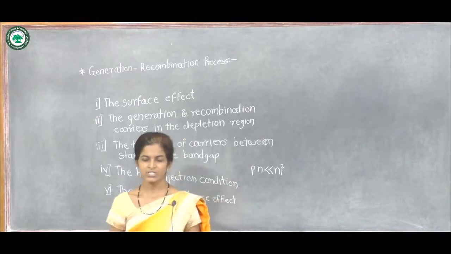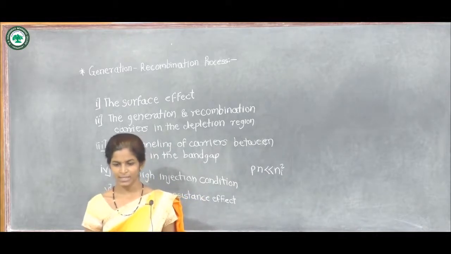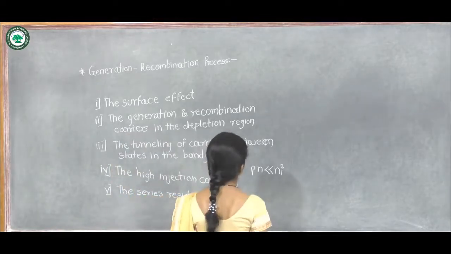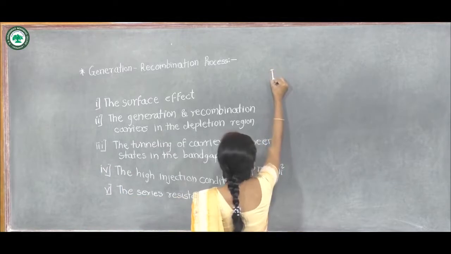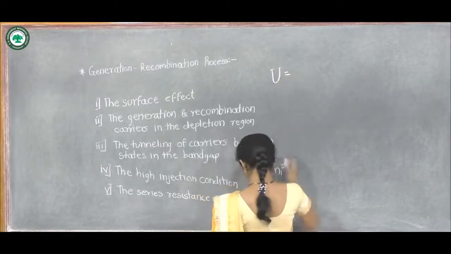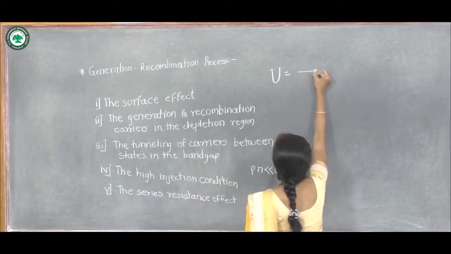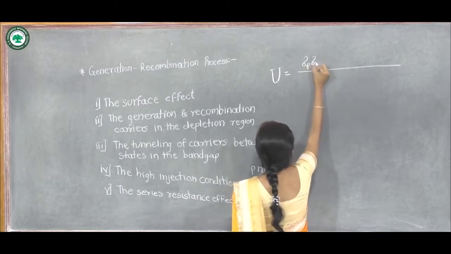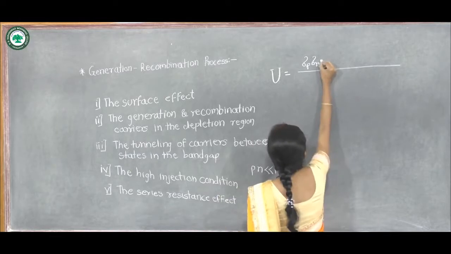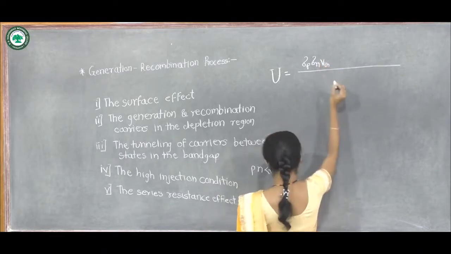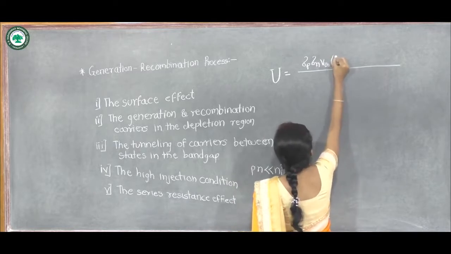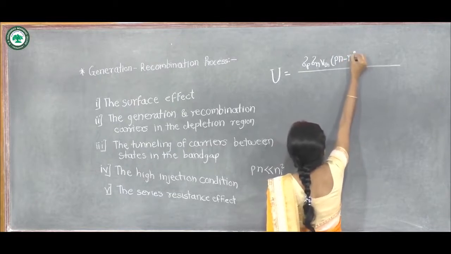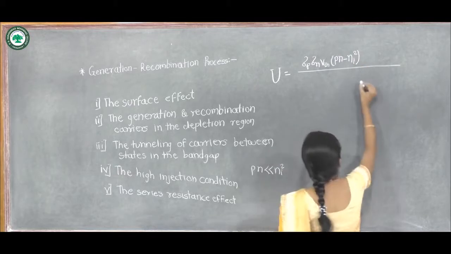The rate of generation of electron-hole pairs can be obtained from the equation, that is U is equal to sigma p into sigma n into VTH into (pn minus ni squared) into Nt